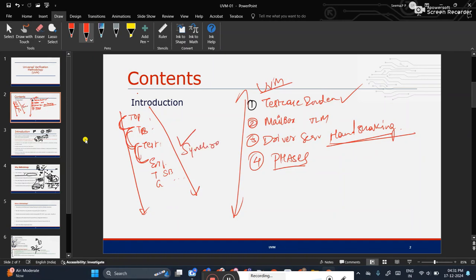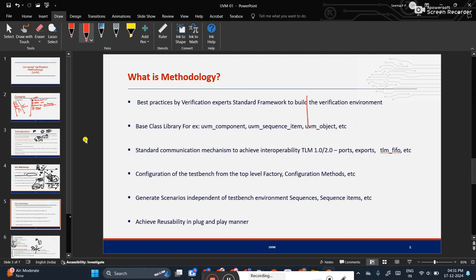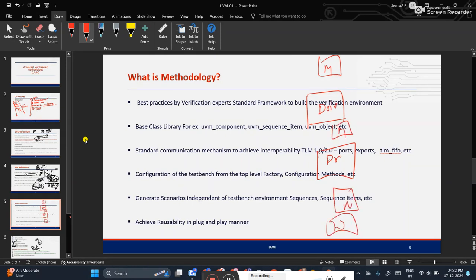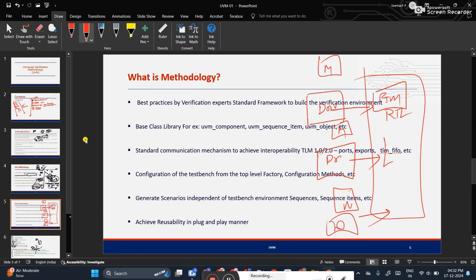No, actually. Synchronization in the sense, suppose this is my driver and I have my monitor. So three drivers and three monitors I'm utilizing for the same RTL code. All three drivers send stimulus to my RTL code, maybe this is some FSM, this is some register, and this is some FIFO. For FIFO one driver sends stimulus, for register one driver, for FSM one driver. And the three blocks also work at different frequencies, different delays: 40 nanoseconds, 50 nanoseconds, 10 nanoseconds.